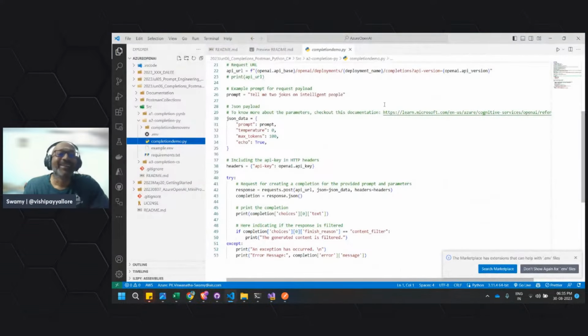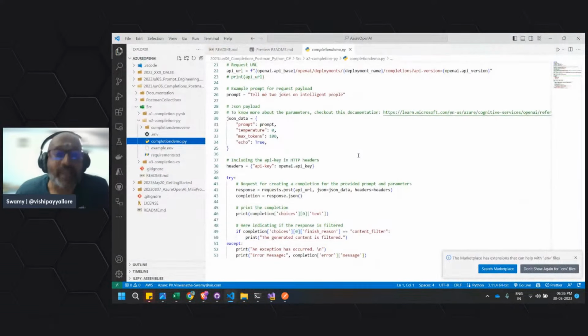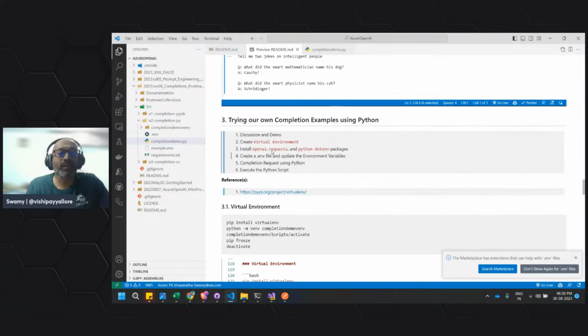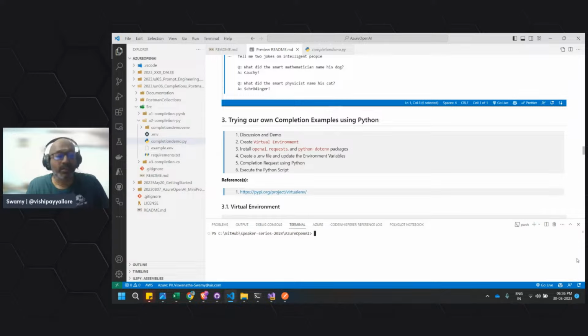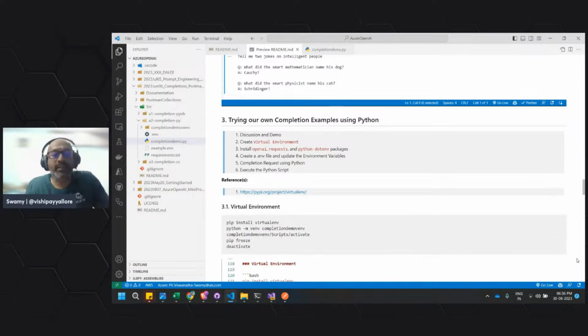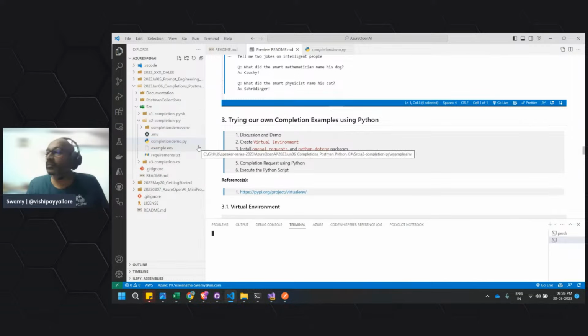Apologize for my bad code if you didn't like it. Okay, let's come back to this particular example. First, we will be creating a virtual environment. Let me come back here to the terminal. The shortcut is Control tilde to toggle, and I'll right-click on that and open in terminal. I wasn't seeing the comments here, now I'm seeing them.